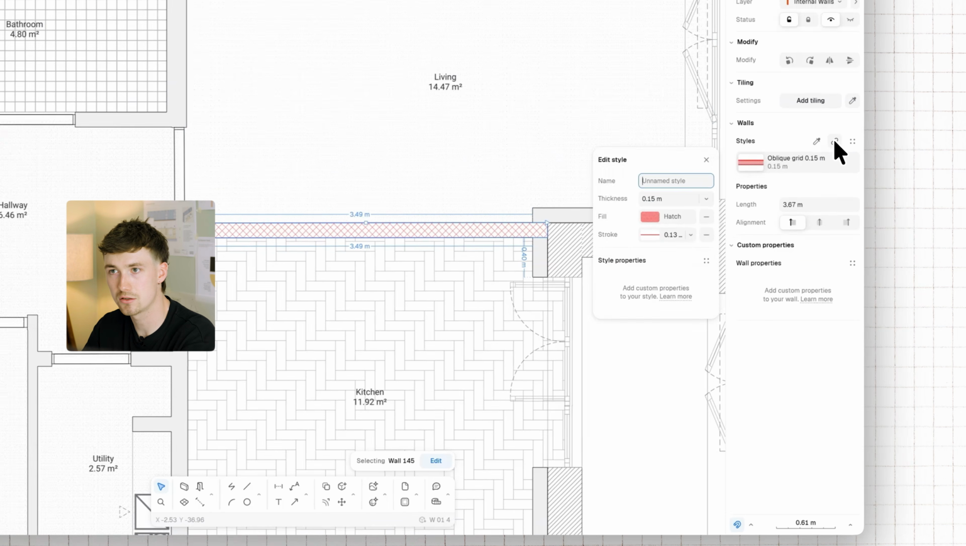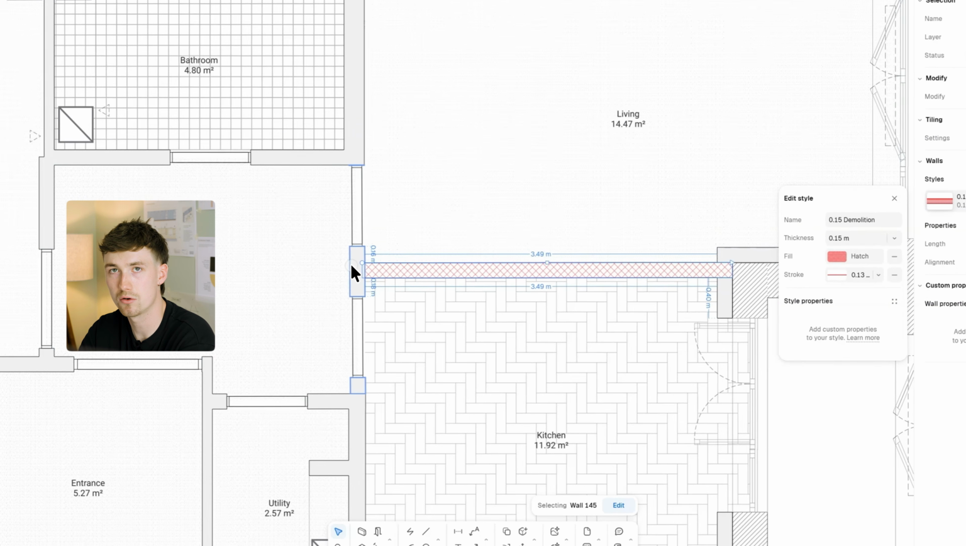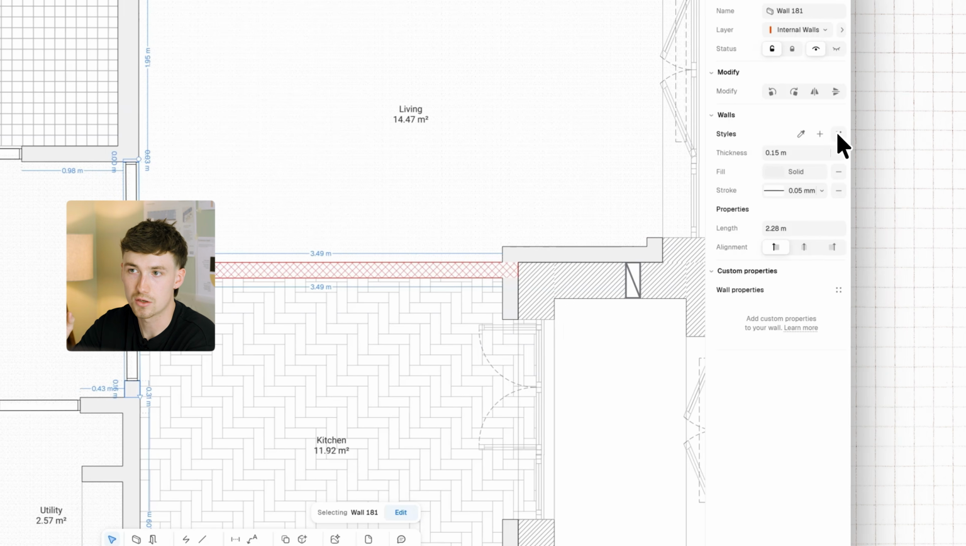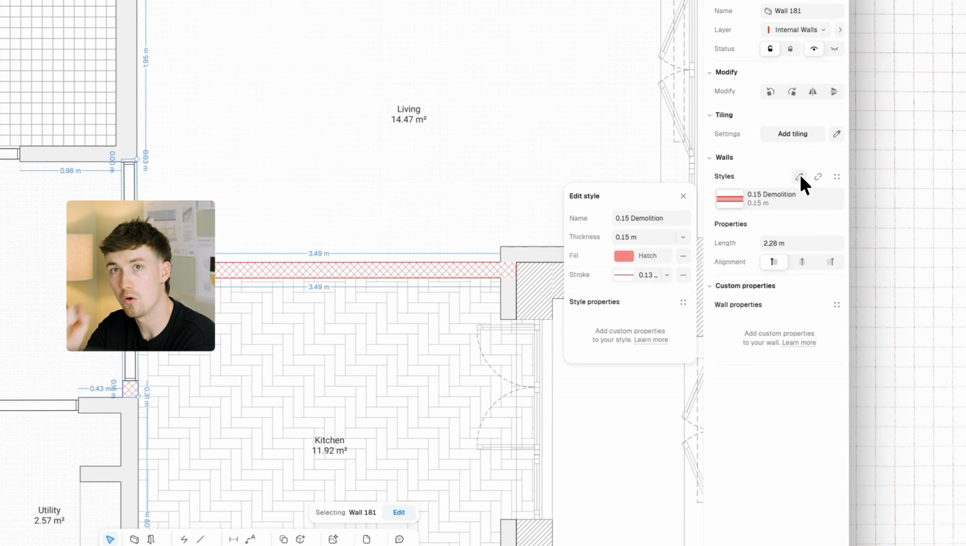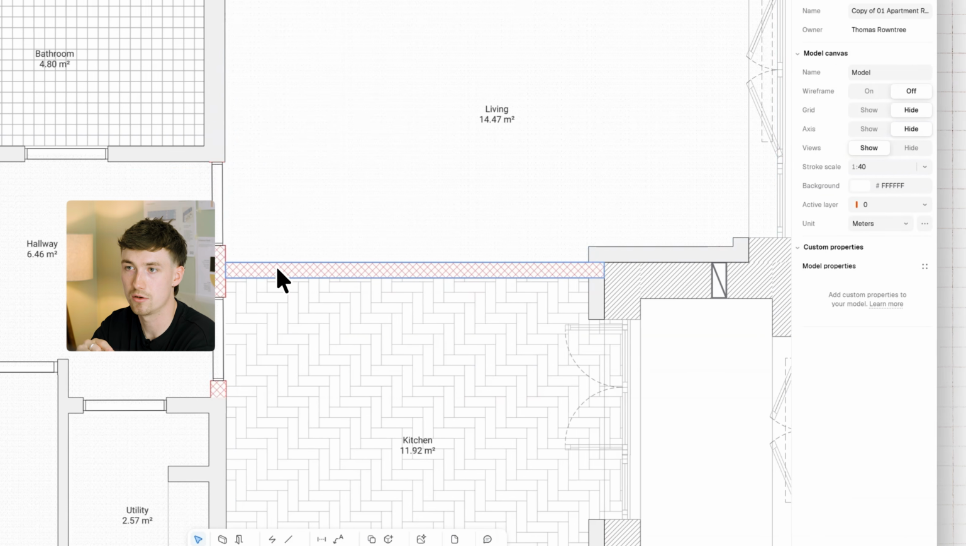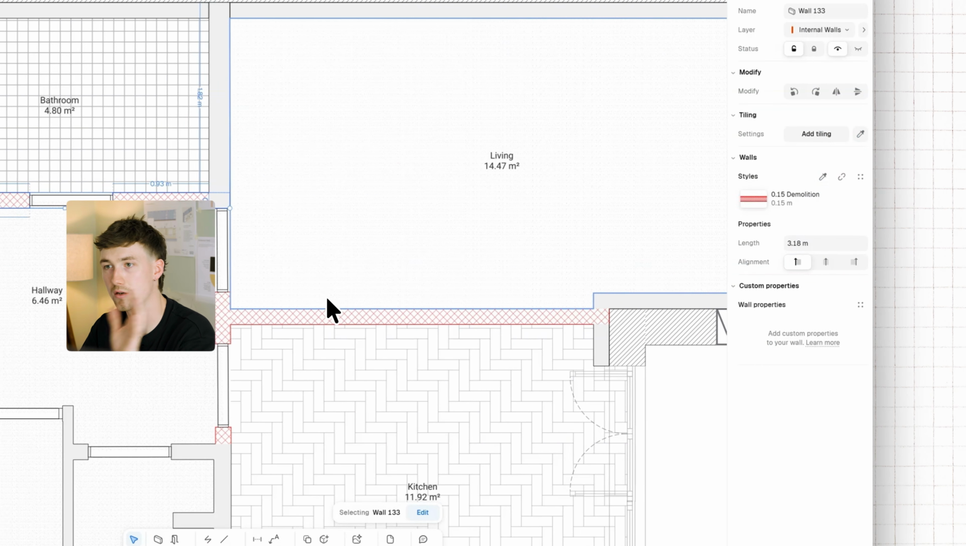So you can do that by heading to the right hand side, clicking the plus button, and then you'll get a default name, but you can also change it to a 0.15 demolition wall if you'd like. And then the way you can apply this across your model is if you select another element, click the 4 dots in the top right corner, and then select a style, or alternatively, you can